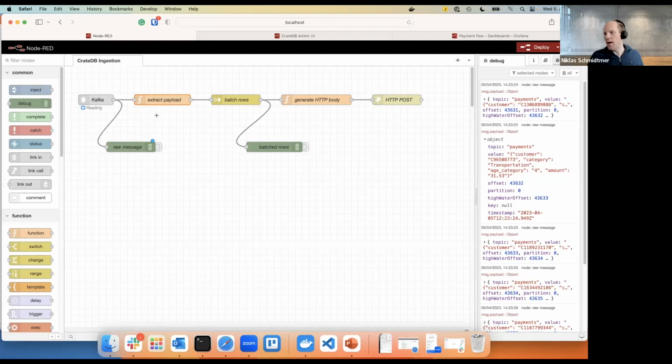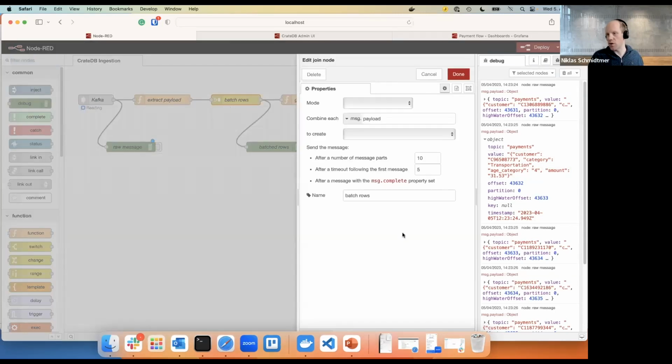And so we still right now have individual messages as we take them out of the queue. And when talking now about persisting them in a database, the next step here, which is called batch rows, is a very significant one. Because from a database perspective, just forwarding these individual events directly as insert statements, for example, to the database is typically not the most performant way, because there is some overhead for parsing the SQL statement, for planning the execution, and then for sending to the correct database node, because CrateDB is a distributed database system,